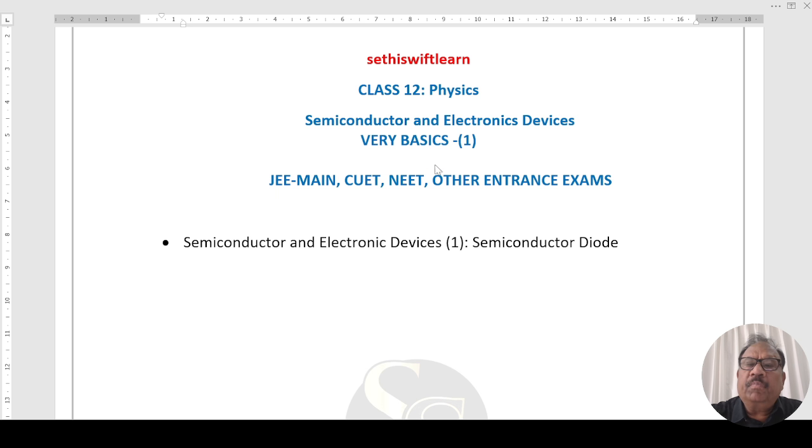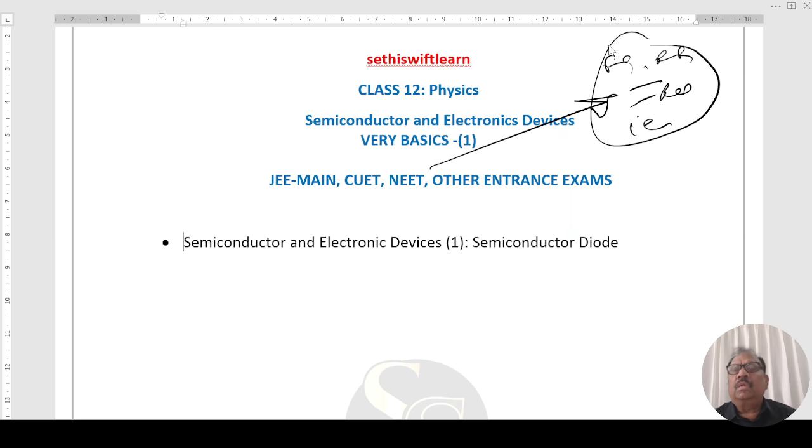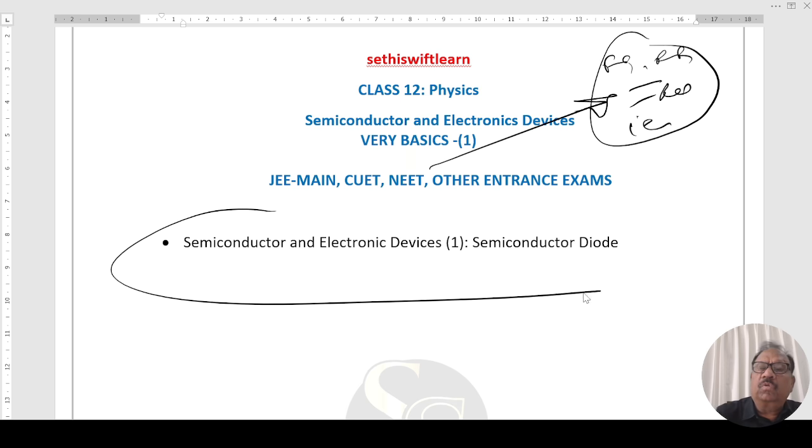In Semiconductor Universal, basics will be cleared through circuit diagrams to identify forward biasing, reverse biasing, find equivalent resistance, current drawn, etc., which are going to be very useful for CBSE Plus 2 boards, state boards, JEE Mains, UT, NEET, and other examinations. In earlier sessions, we have gone through